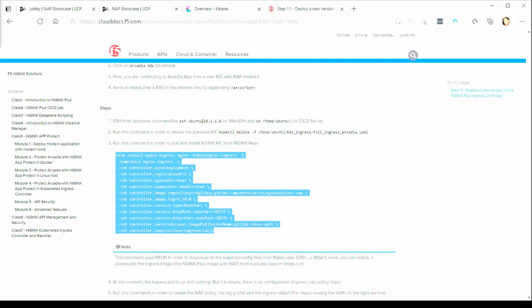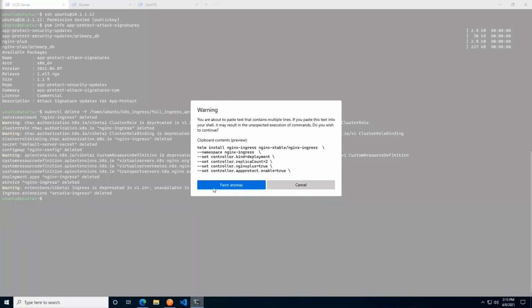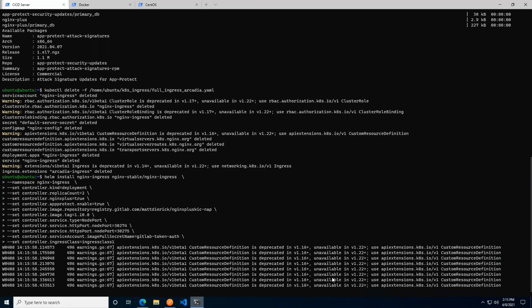I'm copying that in its entirety, and I'm popping back over to my RDP session and pasting it. You see that it's installing some basic components, but it's also setting some environment variables that are used throughout this, namespaces and things that you are familiar with from Kubernetes. If you're familiar with Kubernetes, it's nothing different, nothing new. I'm not going to go through them individually, but we're simply going to go ahead and run this.